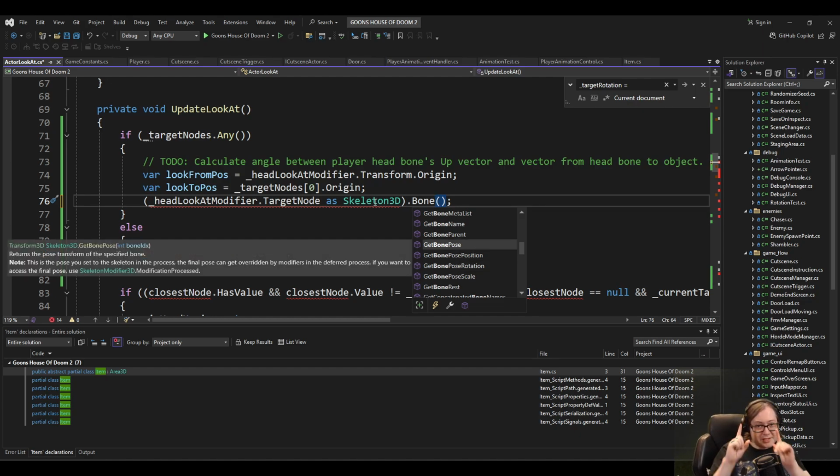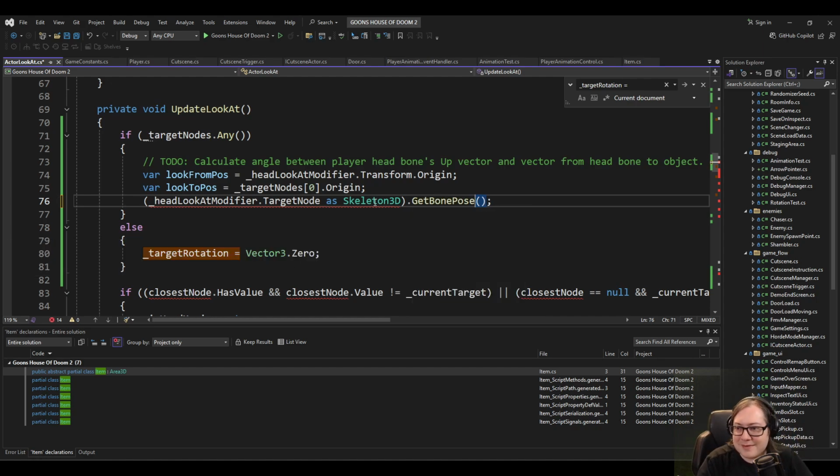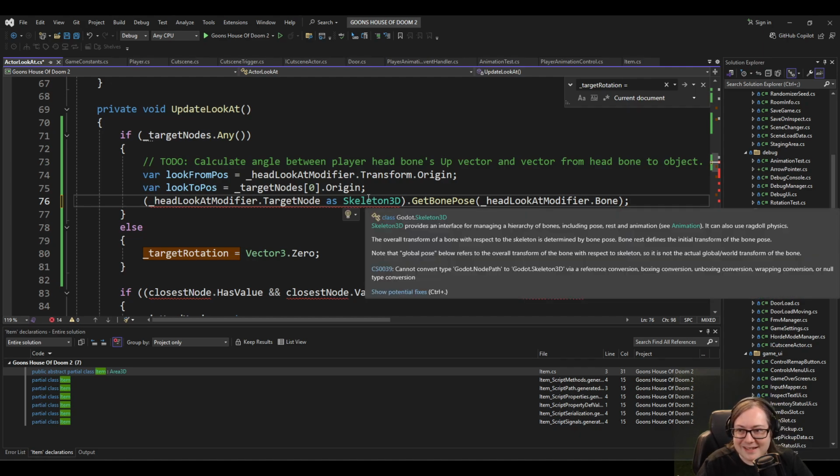So this is actually exactly what I'm looking for, but I need to know its origin, not its current position. Note, the pose you set the skeleton to in the process, the final pose will be overridden by modifiers. Oh, okay, so the overrides won't count here, or they will count here. If you want to access the final pose... Oh, I cannot believe how good that is. You know I'm always crying about how annoying Godot is to use. That is insanely useful. Anyway,